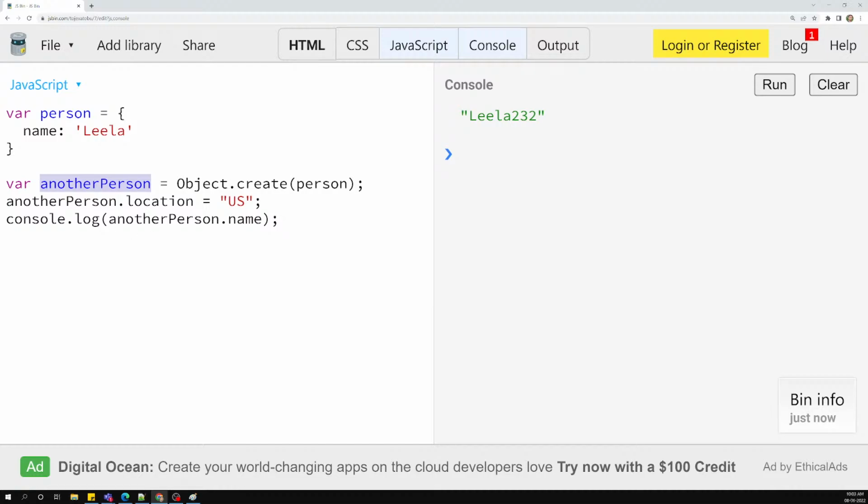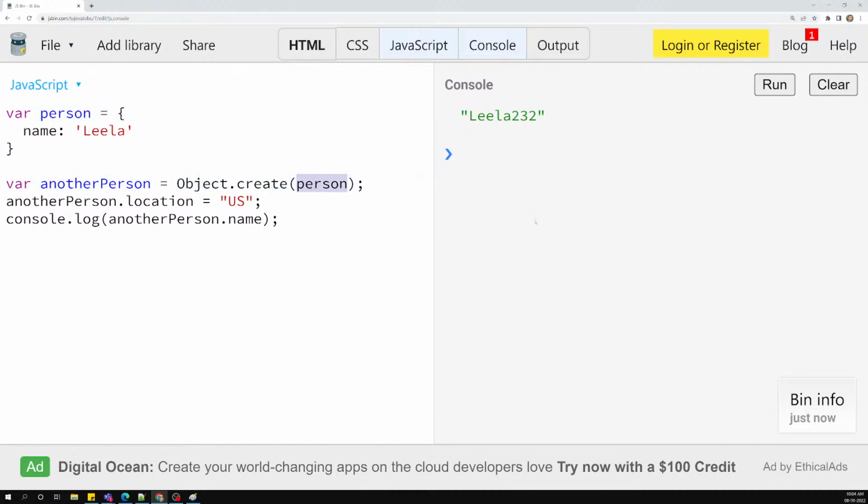Okay. So now here you need to understand that person is a prototype. The inherited prototype is nothing but what I can say is inherited. So it will be inheriting from this object. So this is nothing but the prototype. So I am telling you about the prototype. So whenever you are using